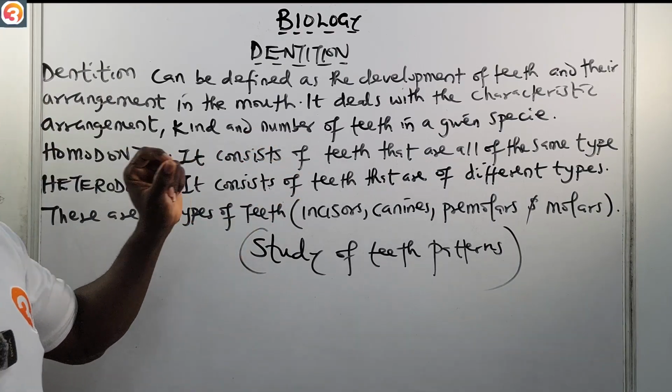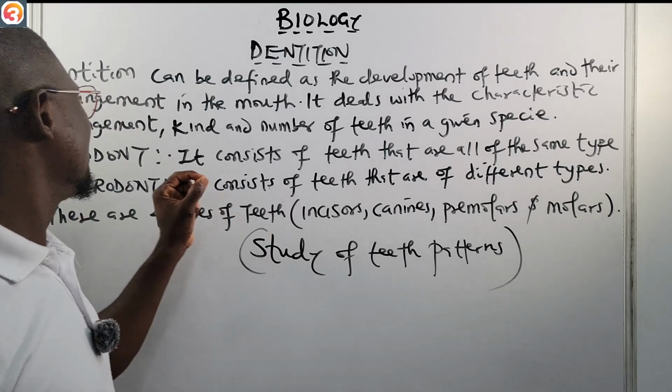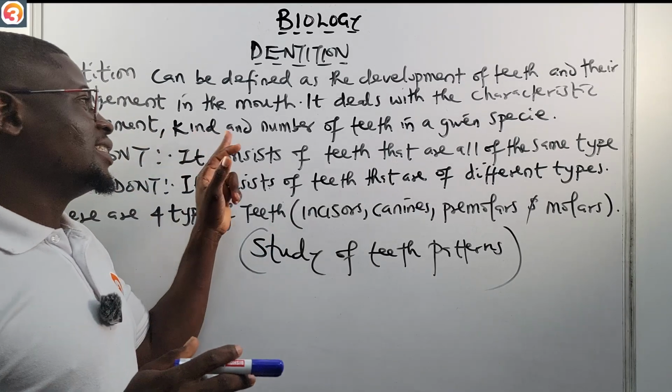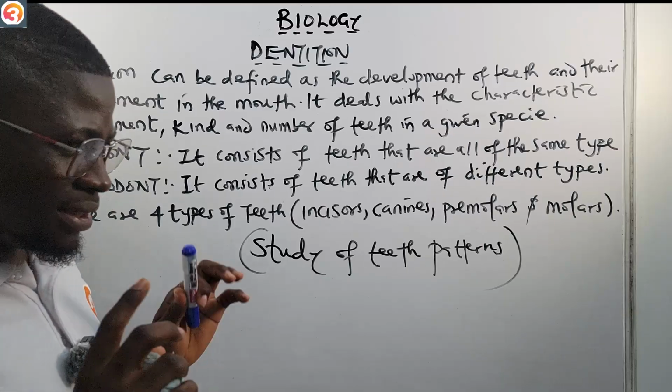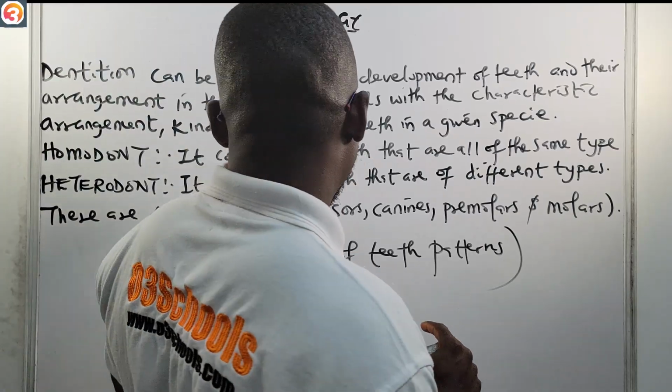So that's why we say it deals with the characteristics, arrangement, the kind and number of teeth in a given species. All right, so please take note of that. Now, before we go to the types of dentition that we have,